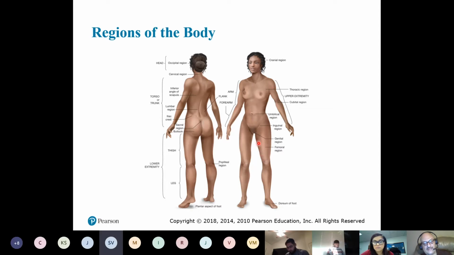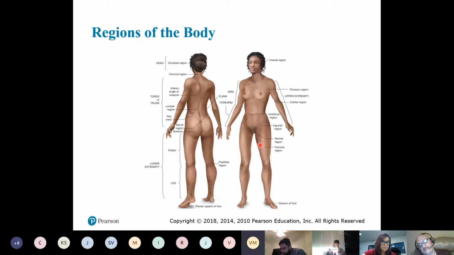So, guys, don't call this the inner thigh anymore. What aspect of the thigh is this right here? The femoral region? Well, no, the femoral is because of the femur, the thigh bone. But earlier I talked about aspects. So what aspect of your thigh is this? It's not the inner thigh anymore.